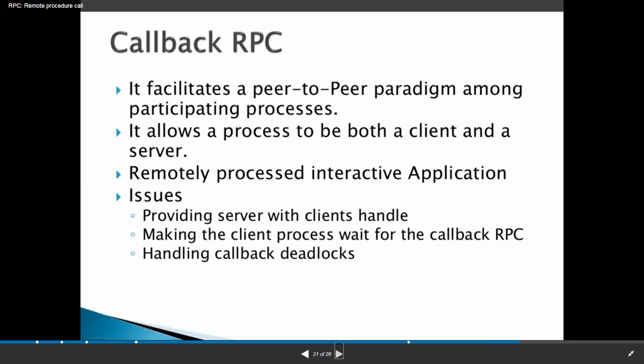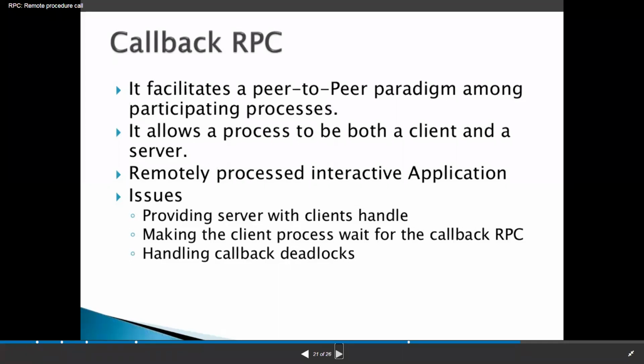It allows both. What I told you previously, in the previous example, the implementation of RPC, we have seen the client call will be executed by the server, and after executing, the result will be forwarded to the client.